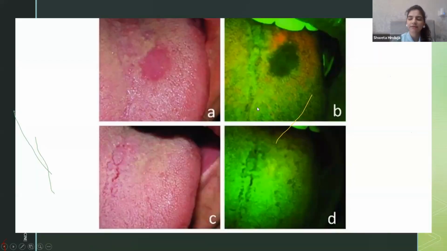Now, this is a very expensive instrument. It goes up to INR 1.5 lakh. So it is not a practical option. So we have a much more practical option, which